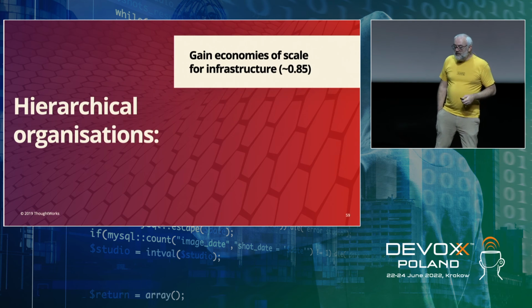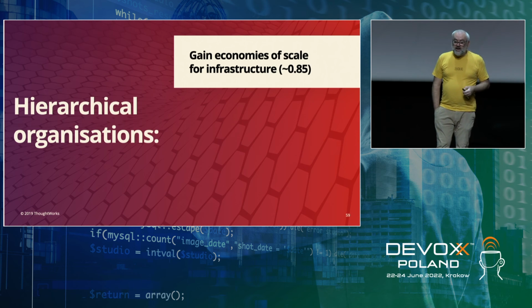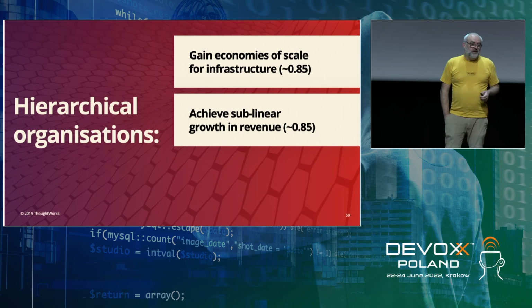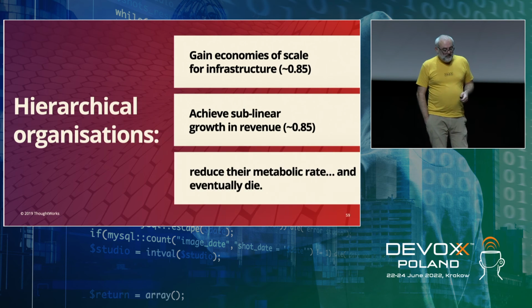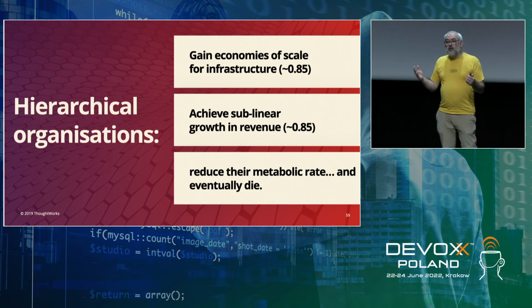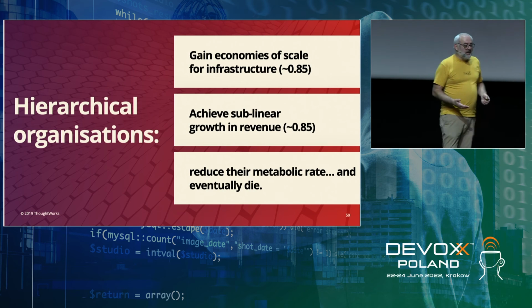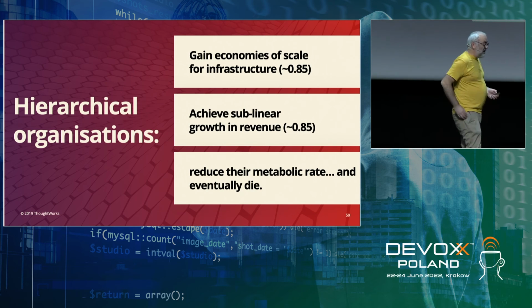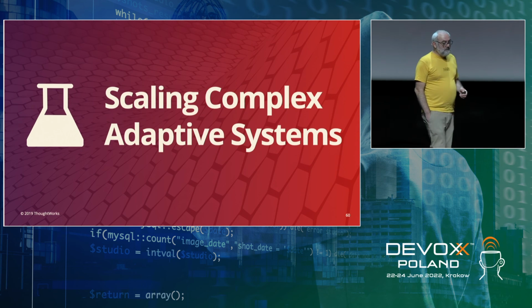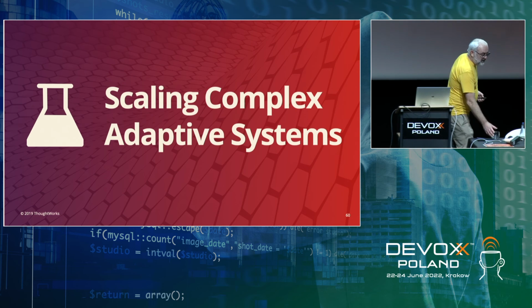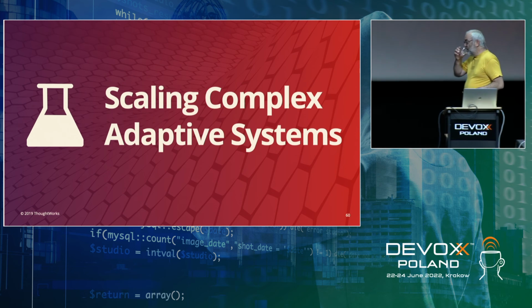So, to sum up, you do get some benefits. You gain economies of scale for infrastructure if you are a hierarchical company. But you're only ever going to achieve sublinear growth in revenue. And finally, hierarchies imply mortality. Eventually, the company is going to die. It's going to be taken over. It's going to go bankrupt or whatever. So, now that I've depressed you,